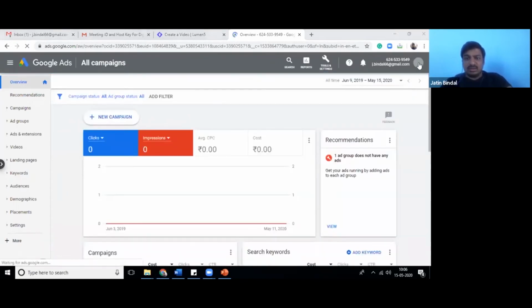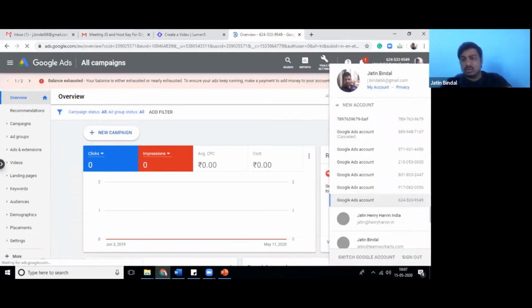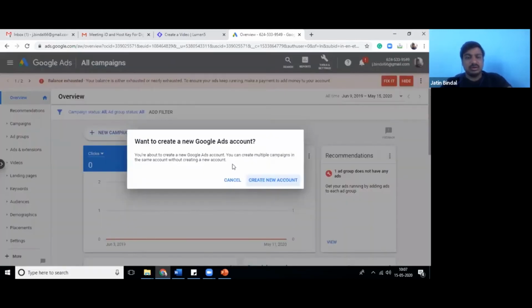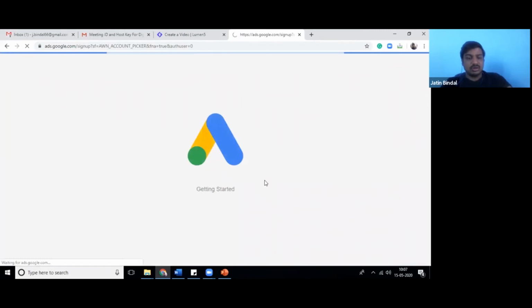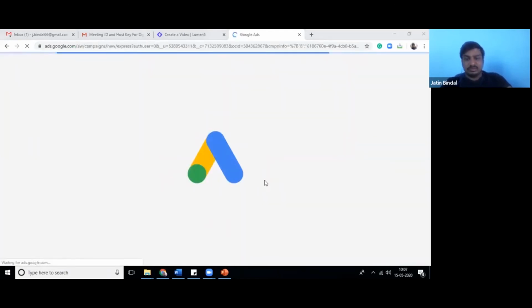In my case, this is an extra step which will not happen in your case because you will have only one Google Ads account, not like me who has numerous accounts. So it is asking for add a new account. I clicked on it. You want to create a new account? Yes, I want to create a new account. Clicked on it.